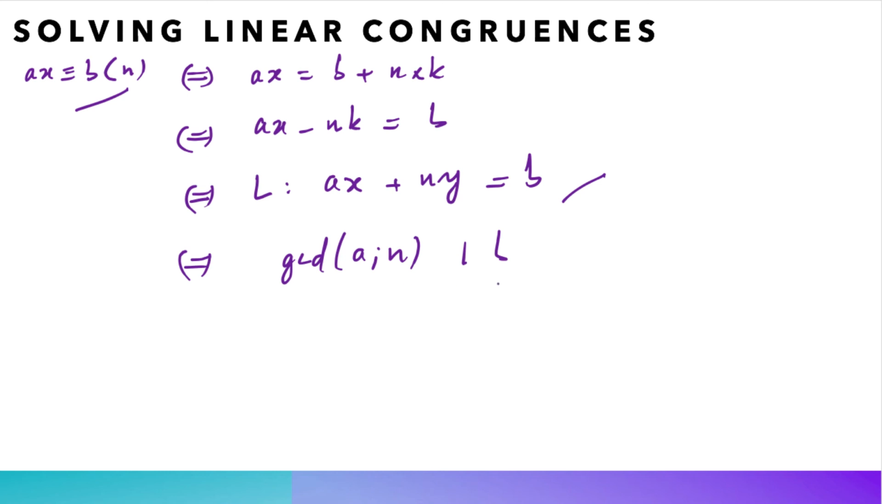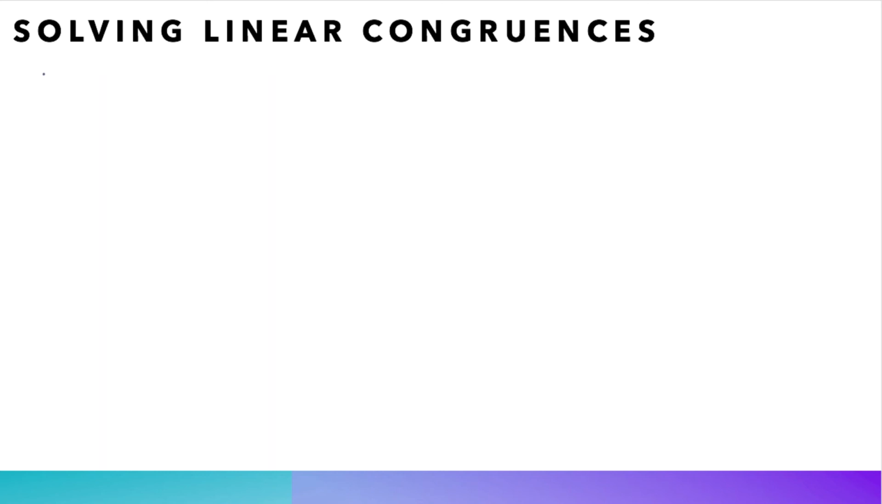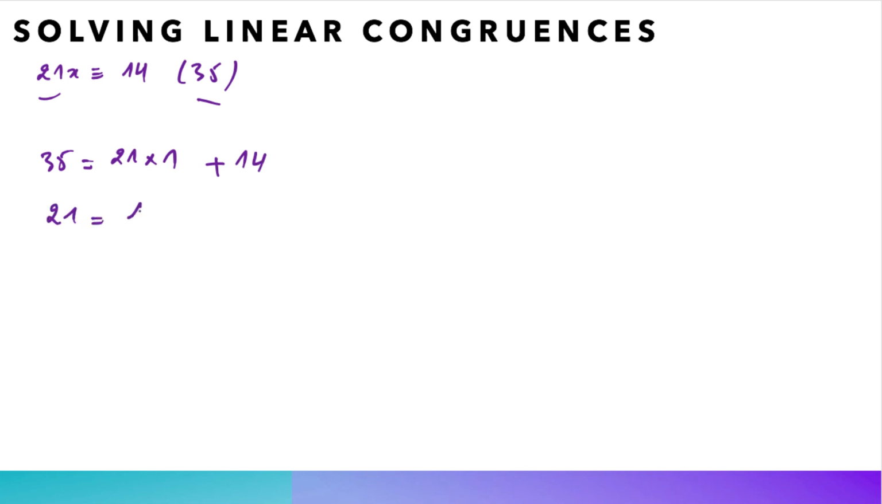So let us see how this works on a concrete example. We would like to solve the equation 21x is congruent to 14 modulo 35. The first thing to do here is to find by the Euclidean algorithm the GCD of 21 and 35, and we know that 35 is equal to 21 times 1 plus 14. We also know that 21 is equal to 14 times 1 plus 7, and that 14 is equal to 7 times 2 plus 0. This means that 7 is the GCD of 21 and 35,